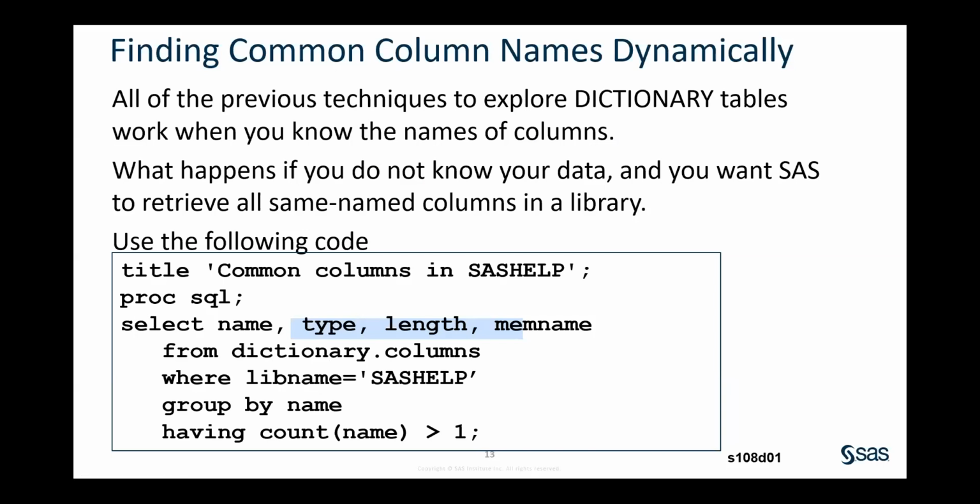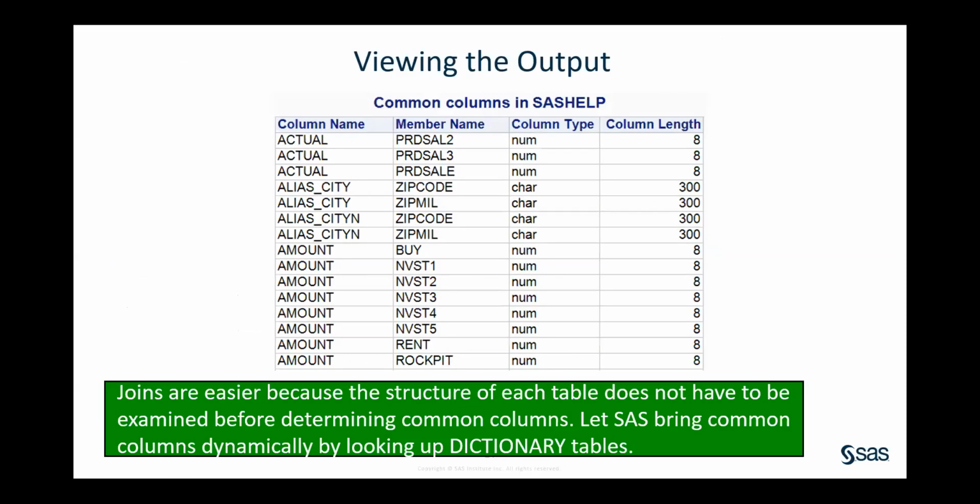I want to group the columns by name. And then here's the magic component: having count of name greater than 1. So give me all the columns that repeat more than once. And voila, you're going to get all the columns and the tables they exist in. The column called actual is appearing in 3 tables, and the column called amount is appearing in a whole bunch